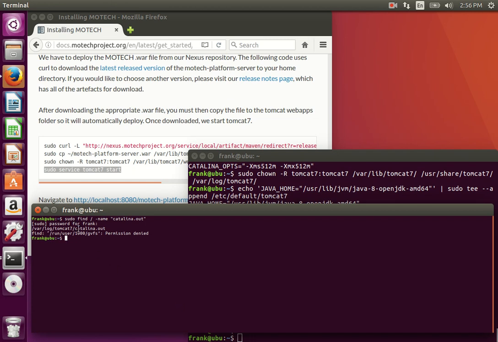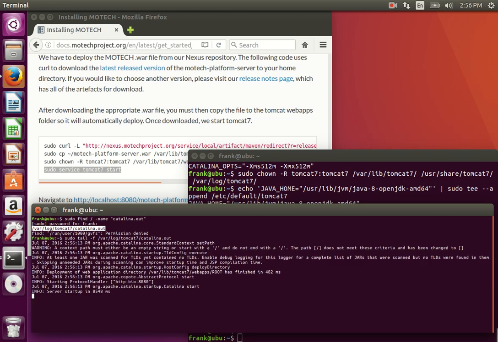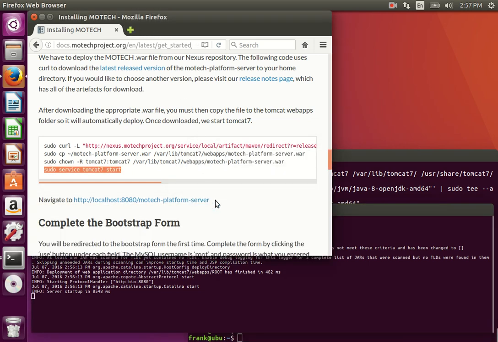Okay, and so now I'm going to do sudo tail -f that file, and basically that's showing me that the server started up in 8 seconds. So I generally keep that window in the back and check things out. So now we go back to the